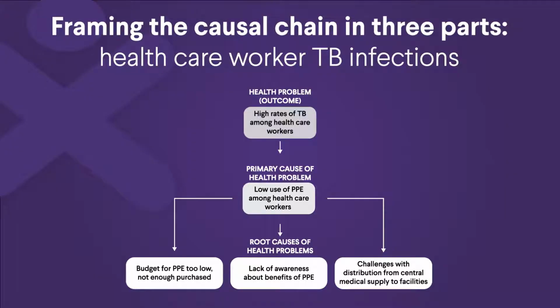First, let's consider the health problem, which we could also call the outcome. Whatever issue we're concerned about, how is it affecting health? In our example, the health problem is high rates of TB among healthcare workers. The primary cause of this problem, as we learned from Josephine, is that too few healthcare workers use personal protective equipment in the hospital. So they interact with patients with TB and become infected because they're not wearing a mask